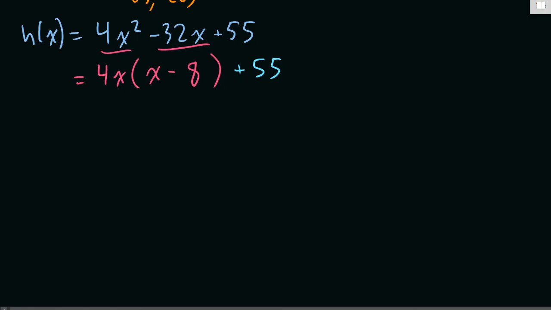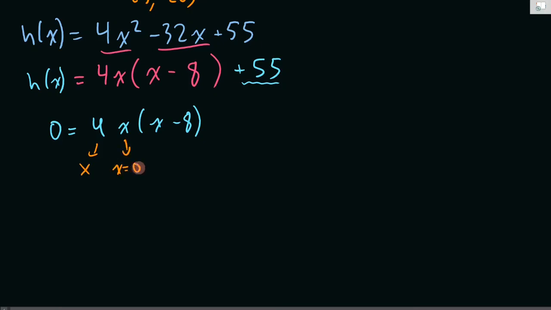Now, what's really cool about this form is this is essentially factored form with an extra bit on the end. So we can actually think of setting this equal to 0. So if we have 0 equals 4x times x minus 8, and ignore the plus 55, then this equals 0 if x equals 0, and this equals 0 if x equals 8. But this isn't our equation. h of x isn't 4x times x minus 8. It has a plus 55 on the end,